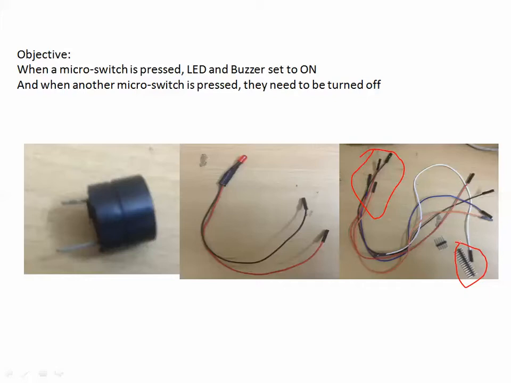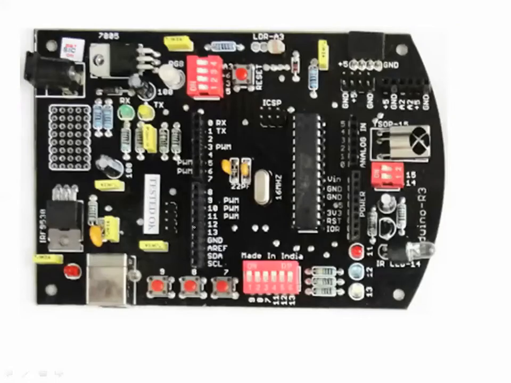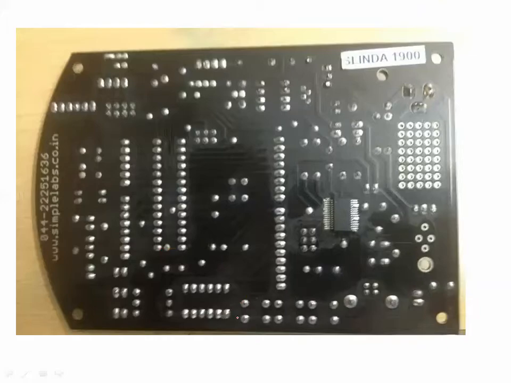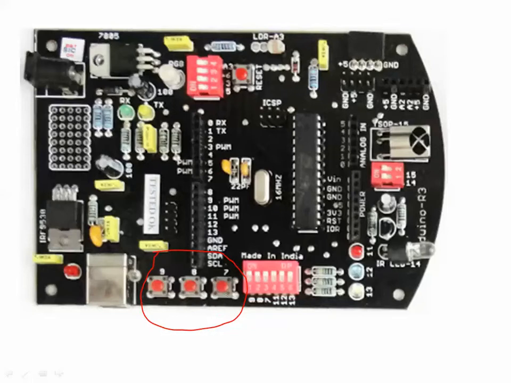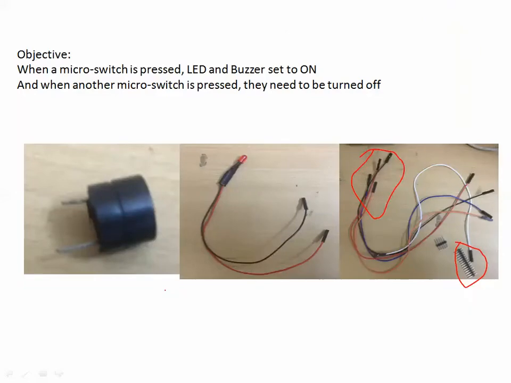For the programming side, I will consider the number 7 switch as the first case, and when I am pressing 9, it has to stop, because my Arduino board has both the pins, right? We have pins 7, 8, 9 which are already connected. If you see the reverse side and check the diagram, you can see pin number 7 passes through and connects to this pin. So when I press button number 7, my connected LED has to glow and the buzzer has to ring. Similarly, when I press 9, both should stop. That's the objective.